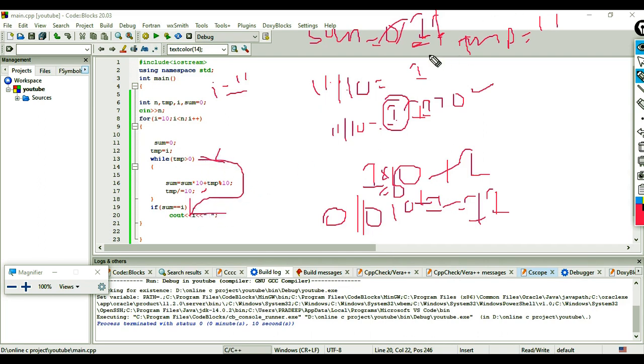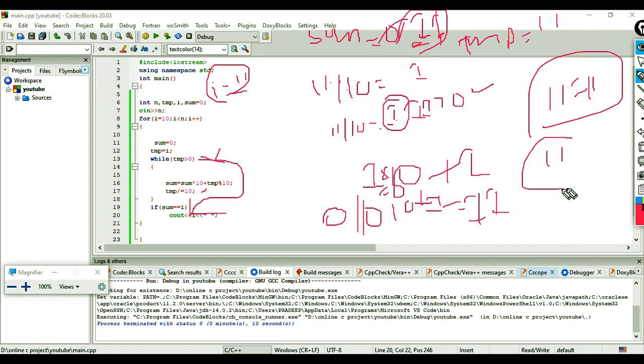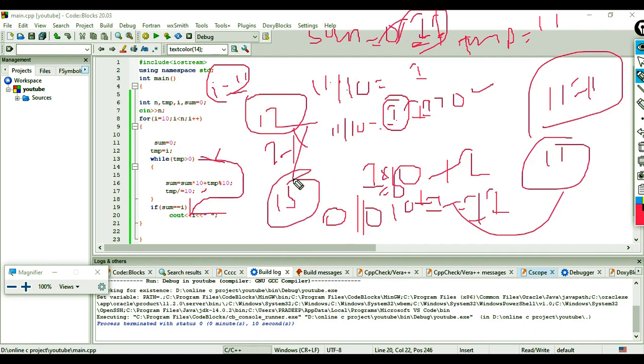Now sum is equal to 11, and i is also 11. Now 11 is equal to 11. Yes, it prints the i value. I is 11, so it prints i. Again i is incremented to 12. Then we check 12, and when we reverse it we do not get 12, so it's not printed. So until 15 we do not get any other number, only 11.